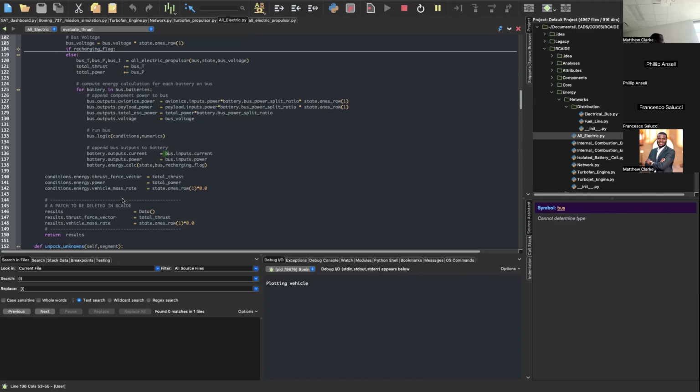We can model the split ratio whereby you send all the energy from one battery, and the other battery's split ratio is 0, which represents the fact that it's not running. So we have some thought in terms of how to model this in a way such that you can model failures as well. But shouldn't we have the option of changing the split ratio